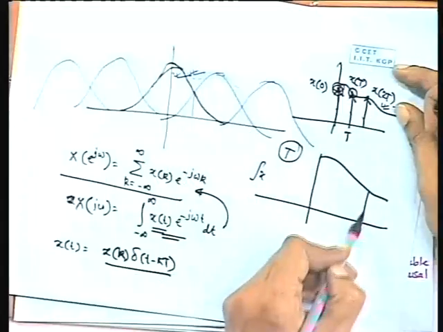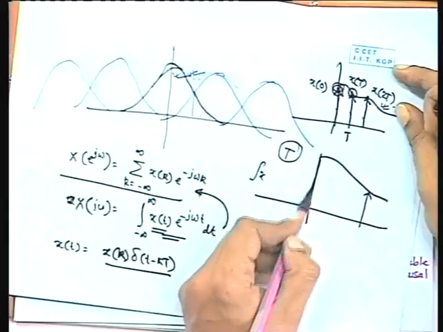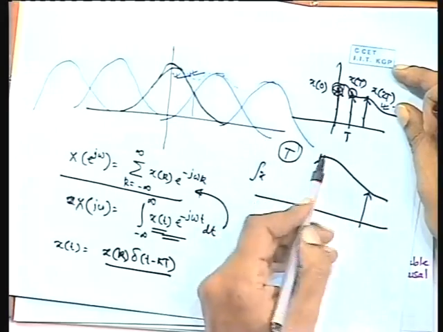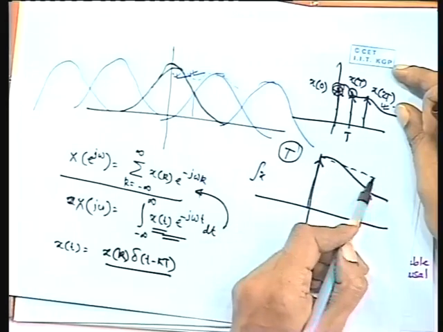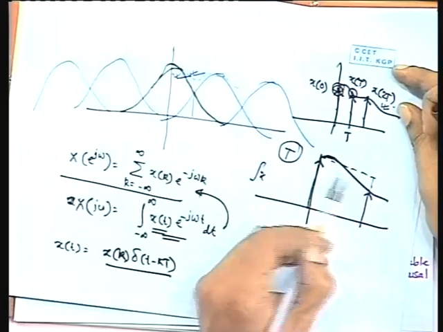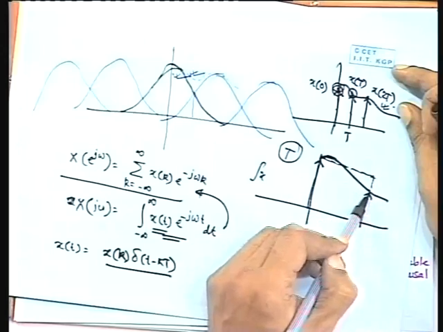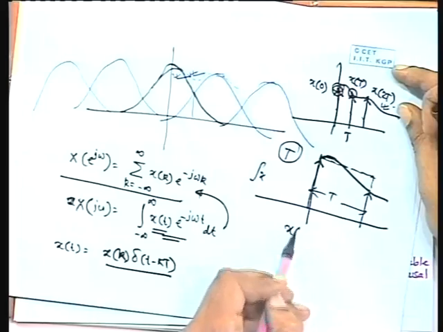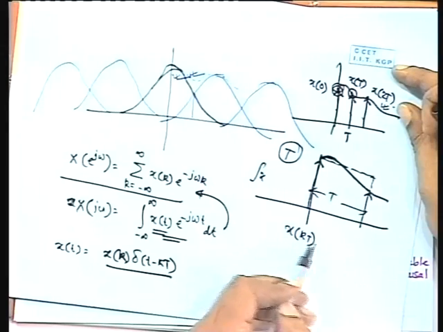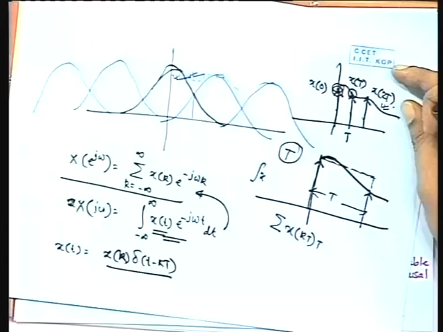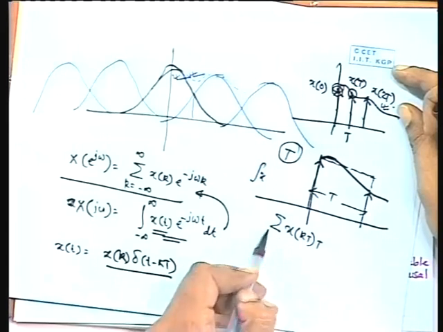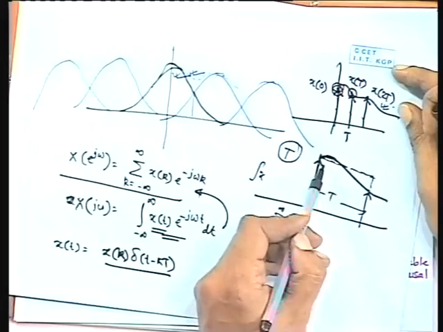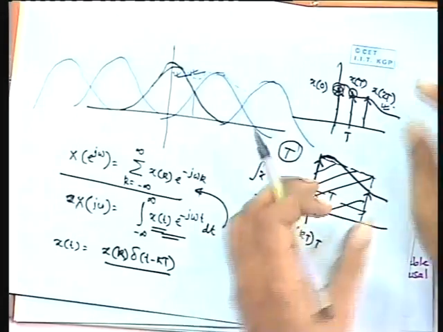imagine that samples are here. So what is roughly the area of this signal? If these two are close, I am just drawing it, the area of this curve is roughly equal to this rectangle. What is this? This is the sampling time T. So it is roughly sigma x(kT) into T, k equal to minus infinity to plus infinity. This is the area under the curve, because each curve you just replace by the area of this rectangle. If these are close enough, then it matches.